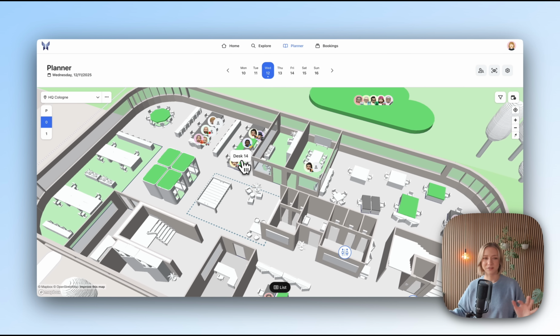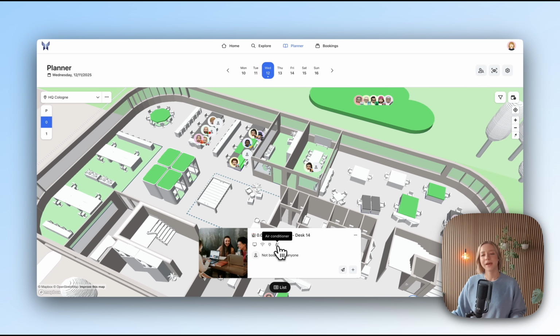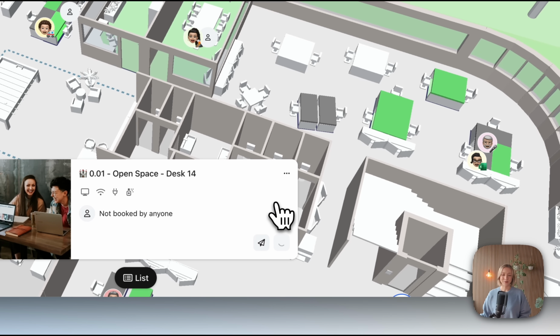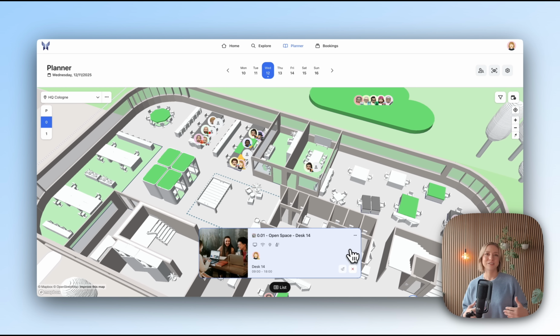So I just click on the day and then click on a table, and I can see a few properties about this desk, such as it has a 4K display, it has power outlets, and the space I'm going to be sitting in has an air conditioner. If I'm happy with those properties and I want to go ahead and book this desk, then I just click on the plus, and voila, by seeing the confetti, I get a confirmation straight away that my space and my desk has been booked, which is super easy and super quick and super intuitive.